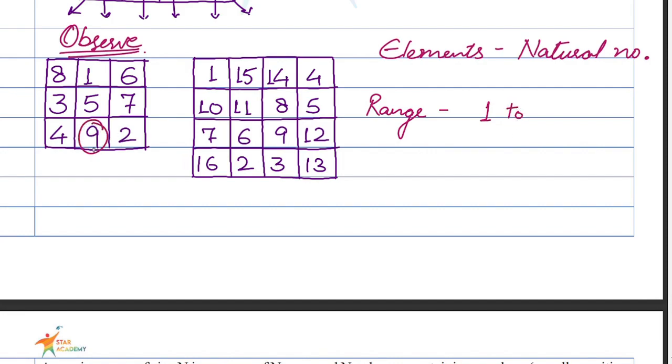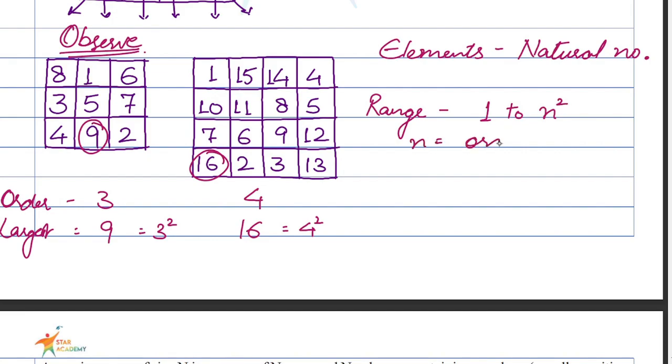So here the largest number in the square of order 3 by 3, that is equal to 9. And in the square of order 4 by 4, the largest number is 16. So this is equal to 3 square and this is equal to 4 square. So that means it always ranges from 1 to n square, where n is the order of the square. And